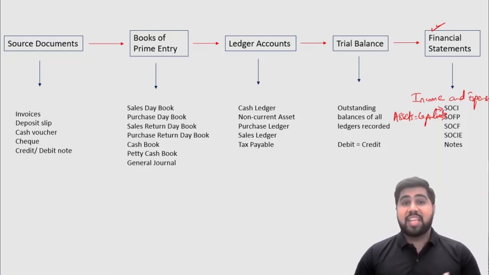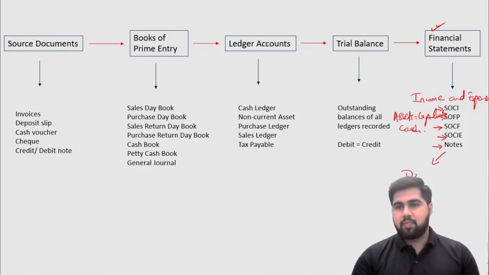SOCF, Statement of Cash Flows. It's basically how much cash the company has earned. SOCIE, Statement of Changes in Equity. What movements in equity have taken place during the year, right? And finally, notes to the financial statements. That means descriptive notes describing each and every, not each and every, in fact I would say at this level you need to know